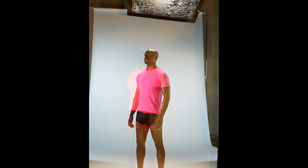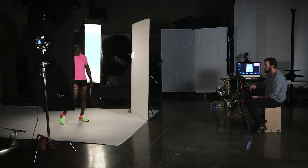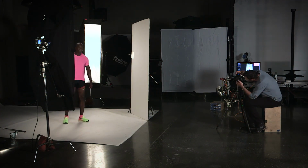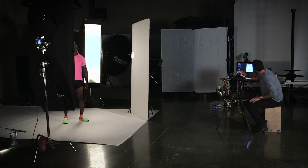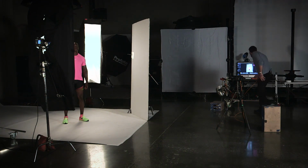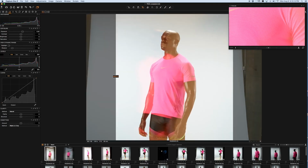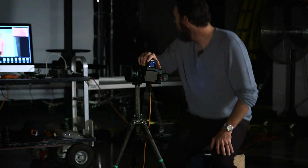So what I did there is I moved the camera, and so I'll have a strobe and some movement to our subject. So go ahead, stand in there for a second. And the reason I turned the background lights off is because I didn't want so much light bleeding onto the background and making it completely white. But here I have this little bit of movement to the image that kind of looks cool. And with that pink and